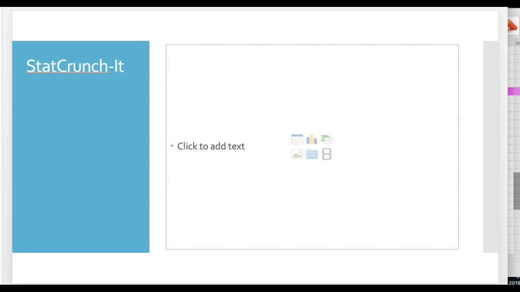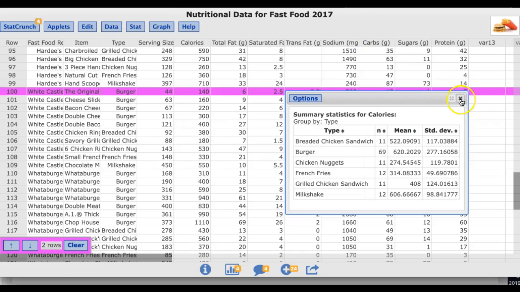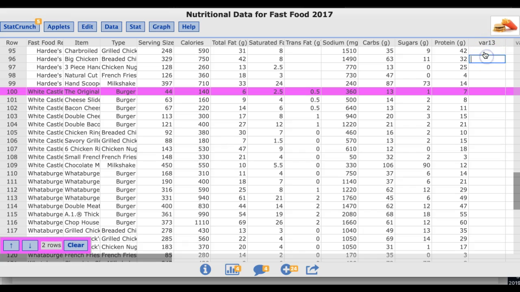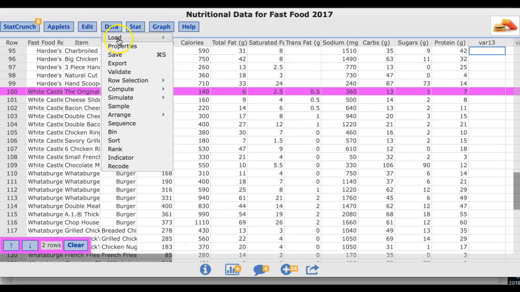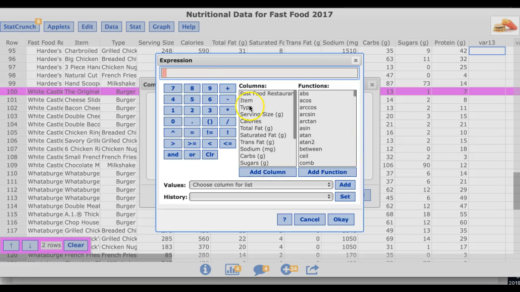So, anyways, what I just wanted to show you really quick before we move on to our next topic is how you could use StatCrunch to create a whole bunch of z-scores. I just want to show you how to do that really quick. Say I want to create another column which are just standardized z-scores. So what we do here is I could do data, go into compute, and do expression. And my expression I want to build, I want to do the calorie amount,